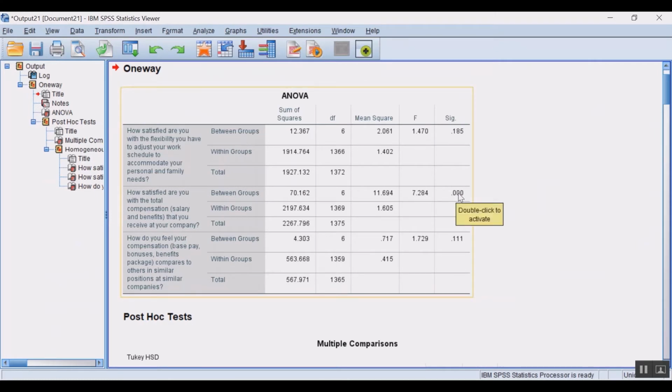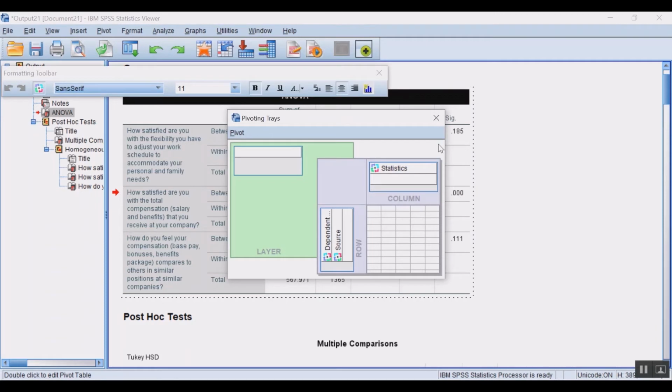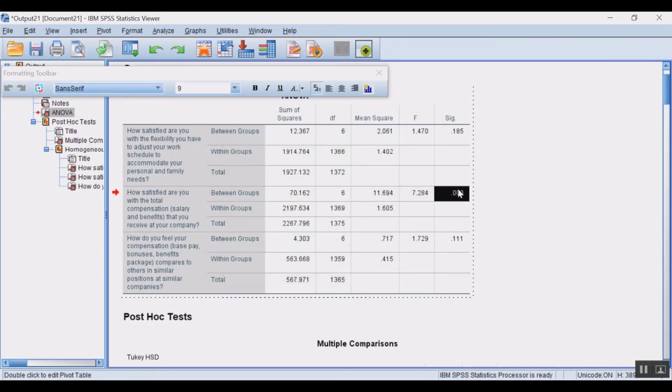Actually, when you see this 0.000, when it's a very small value, you can see the actual value. For example, you click this one time and you will be able to see the value. If you see the value of this 0, it's actually not 0. It's just a very small value, close to 0, which is equal to